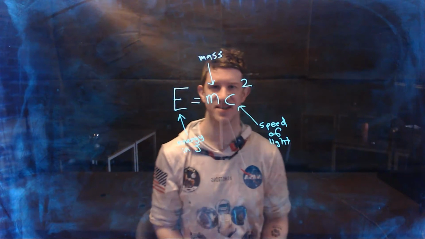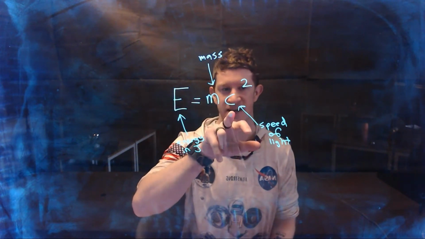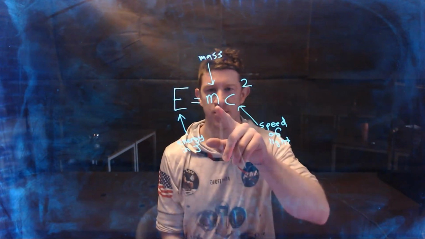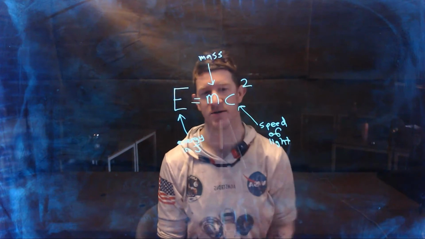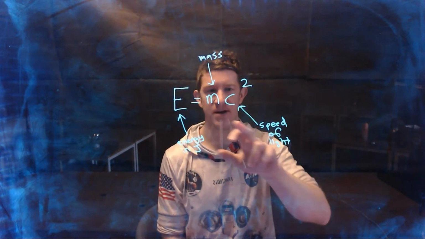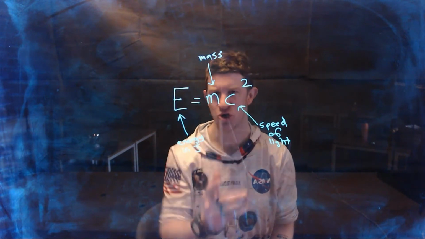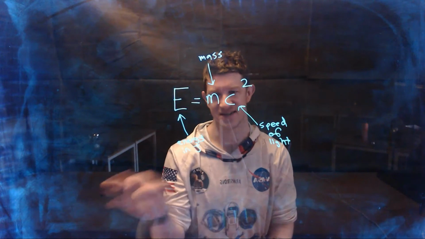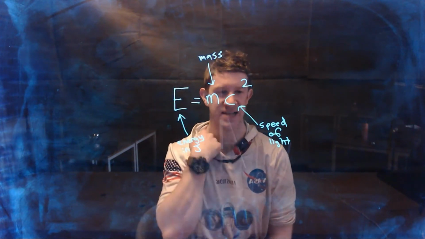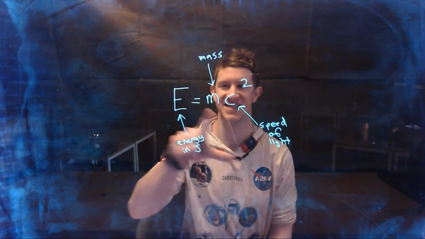So the equation itself is relatively simple. We're just talking about energy, mass, and a fixed constant, the speed of light. But what this tells us is, previously we've talked about that you can't create or destroy mass or matter. But Albert Einstein discovered through experiments, particularly when we talk about radiation, that mass is actually being reduced. When we look at the decay, the sum of the components doesn't equal the original component. And so the only way that he could explain this is that there is some relationship between mass and energy,